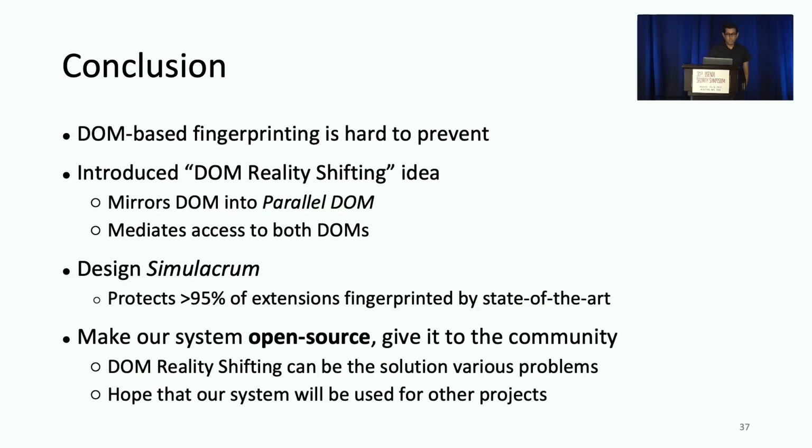As a conclusion, DOM-based fingerprinting is a very hard problem to find a solution for. We introduced the DOM reality shifting idea to prevent this type of fingerprinting, and we created a parallel DOM for this purpose. For this idea, we created a prototype, and we saw that it can protect more than 95% of extensions that are fingerprintable by Carmi. Also, we made our system open source, and we hope that this system can be used in other projects for